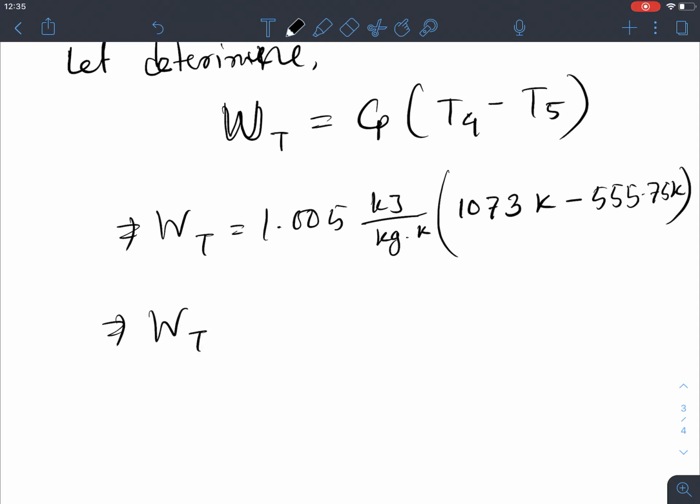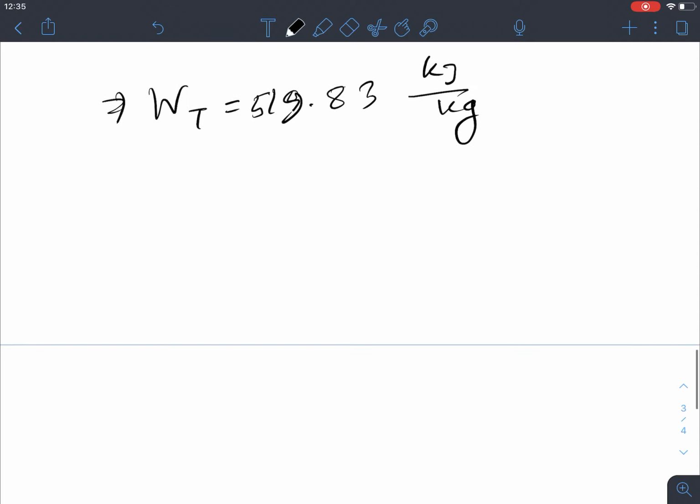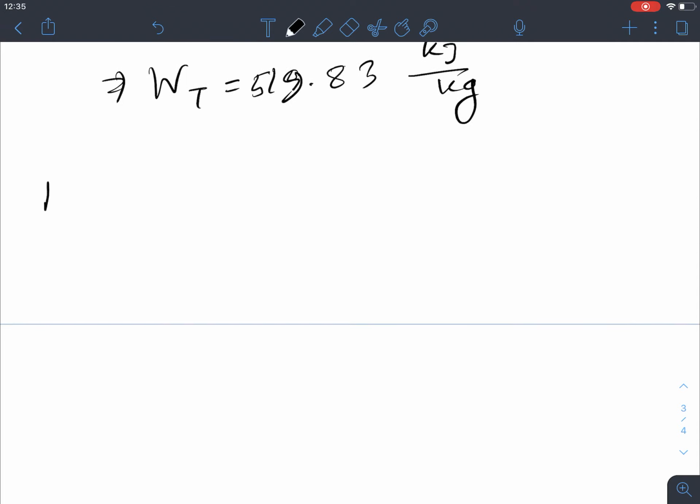So WT is basically 519.83 kilojoule per kg. Similarly, WC for compressor work,